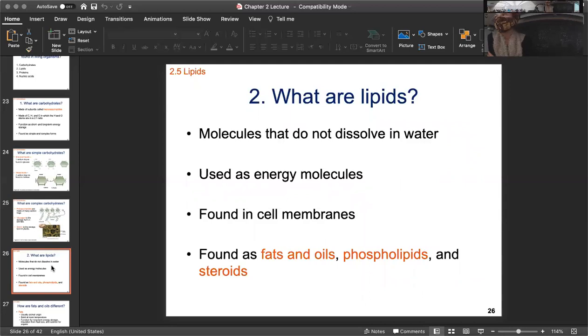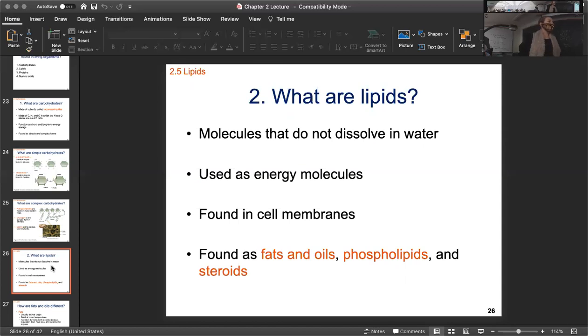All right, we're going to move on to lipids. So lipids are essentially your fats, your oils, and things like that. They do not dissolve in water. Man, if fats dissolved in water, that would be the number one weight loss thing in the United States. You just had to drink some water and your fat would dissolve, right? That's not the case. So lipids do not dissolve in water,